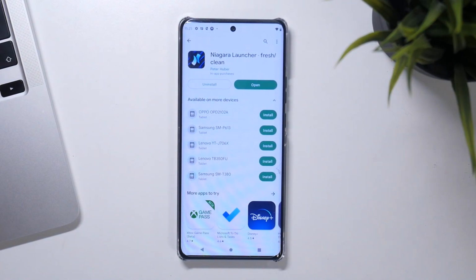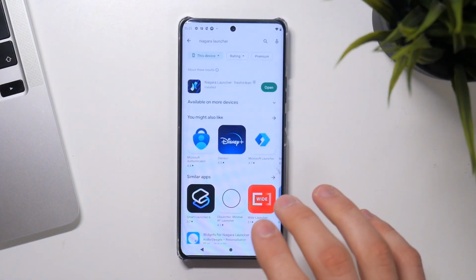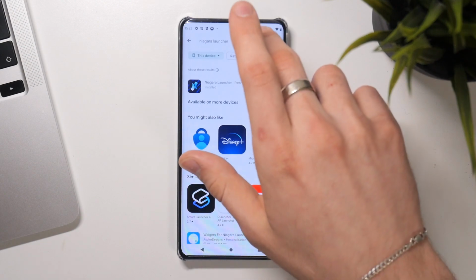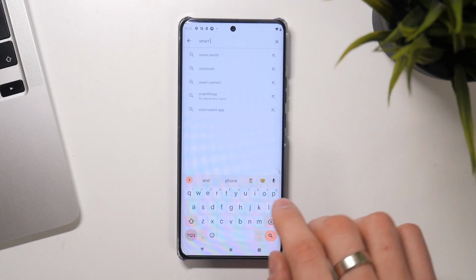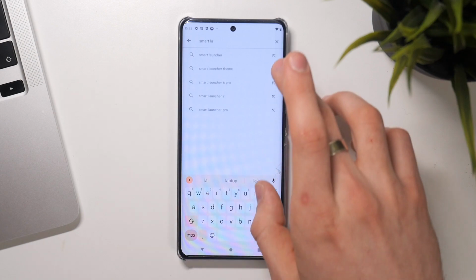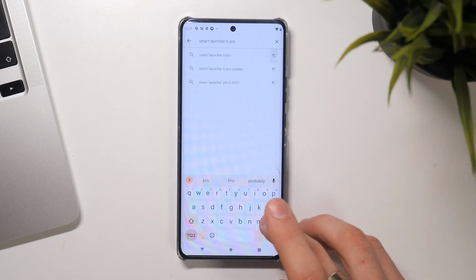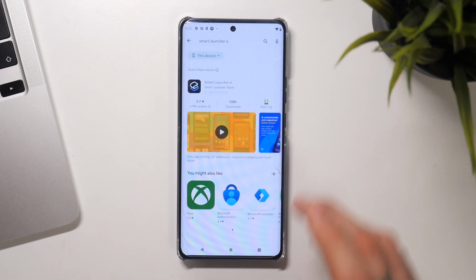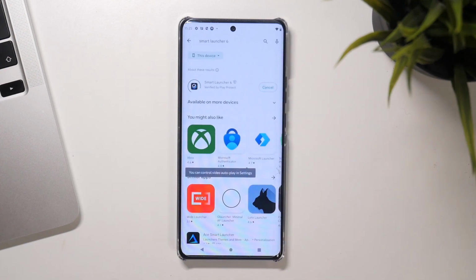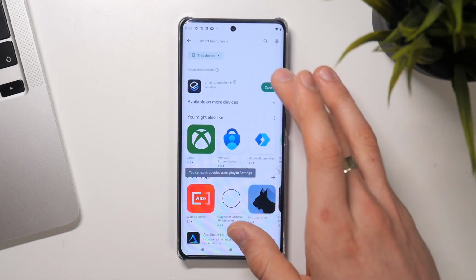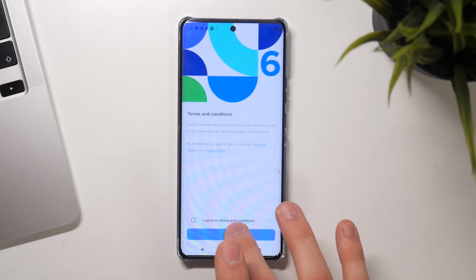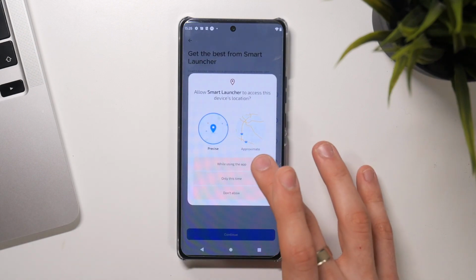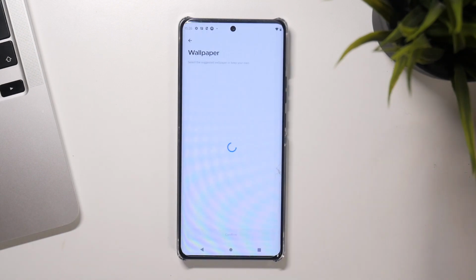So cool. On the second place in my top is the really beautiful Smart Launcher 6. Find it and click install. Open this app, get started. I agree, confirm, continue, confirm all,